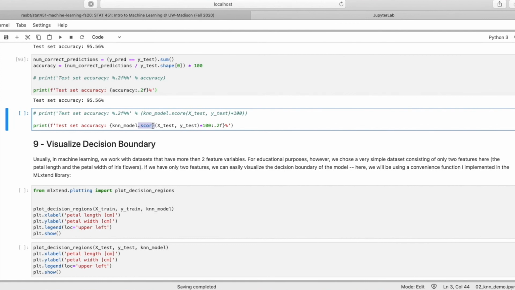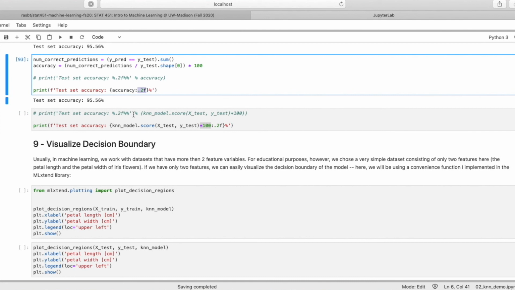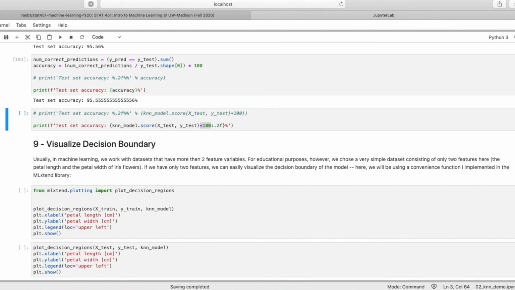I think for regression models, it computes the R-square, coefficient of determination. So here though, because we have a classification model, it will also compute the accuracy. Here I'm manually multiplying it by 100. And by the way, this one here is just to limit the number of digits after the decimal point. If I remove that, it will give me the full precision, which is sometimes maybe a little bit too much,